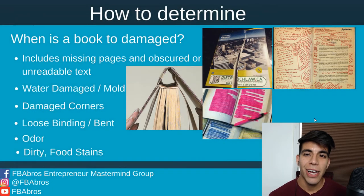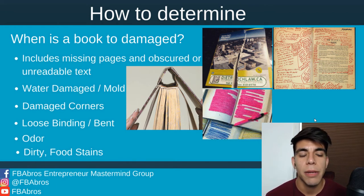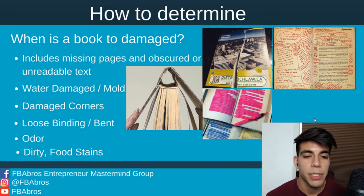And onto this slide, we're basically going to talk about how to determine if the book is too damaged. Everybody's going to have their own opinion on this, but overall, a damaged book is going to include missing pages and obscured or unreadable text. As you see there, I provided a few images with books, like for example on the bottom image there's a book just completely highlighted,